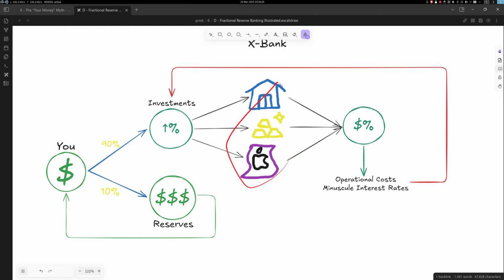Out of all these investments here, the bank will, of course, let's say they made a profit on their investments. Let's say they invested in Apple. They put $1,000 in Apple and they made $500 profit. So a 50% gain. They put it into operational costs and they serve you those minuscule interest rates. No matter what, they got 50% returns. You're getting 0.01% in your savings account. And that just goes up the chain back into their investments. So if too many people withdraw from this reserve too quickly, that's how a bank run fails, because they only have 10% on hand.